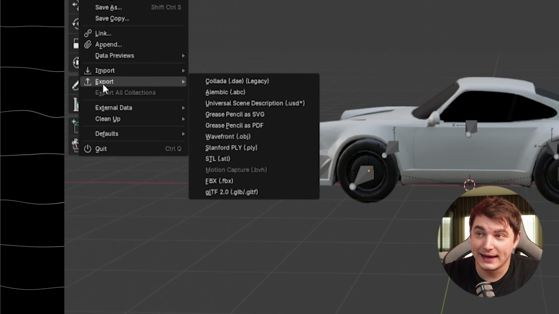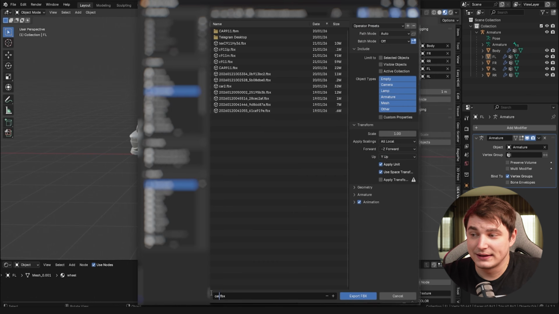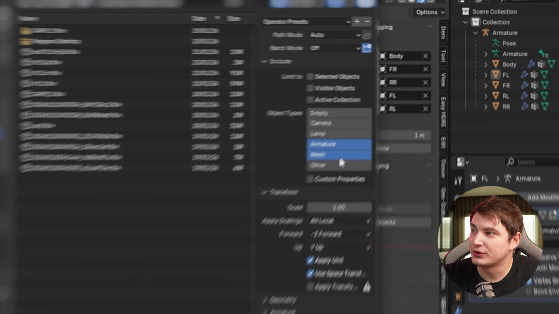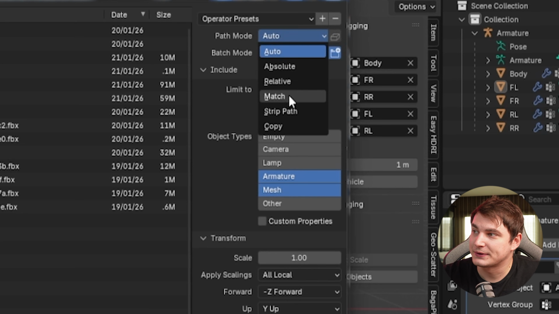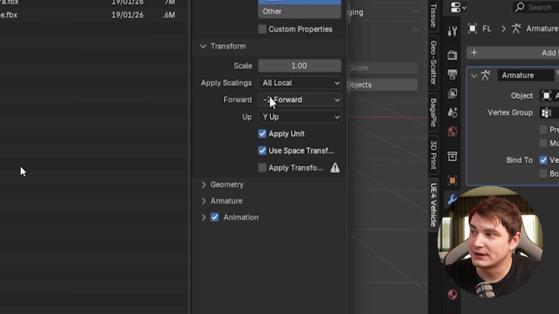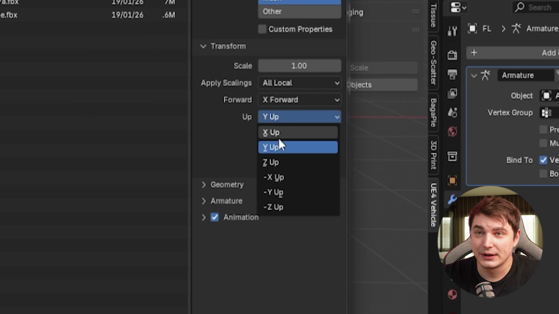And now let's export it. So we're going to go File, Export, as FBX. Let's name it car Unreal. Here, make sure we select object types armature and mesh, path mode copy. Press that button, and forward will be X forward, since that's why we rotated the model, and up will be